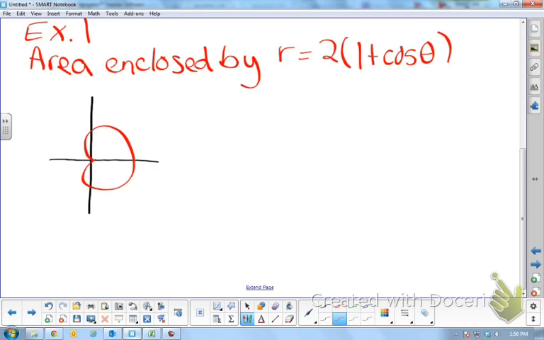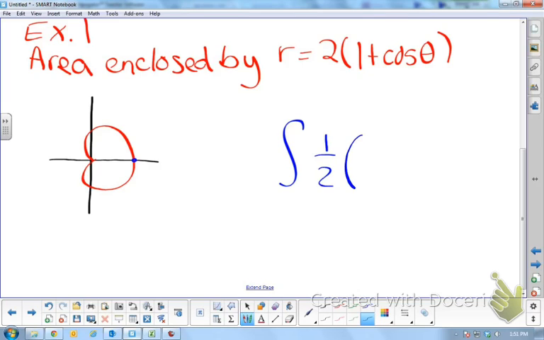Now, circle-wise, we always start at 0 for our angle and go to 2 pi. This doesn't necessarily follow that pattern. Just because normally at 0 we're out here, doesn't mean that's where our graph actually started. So we cannot find our bounds. Like I said, the integral part's easy. And on the AP test, honestly, you get one of the 2 points just by having the integrand correct,